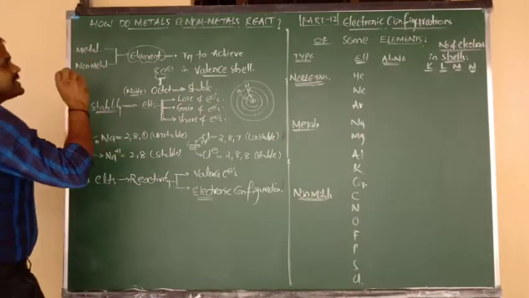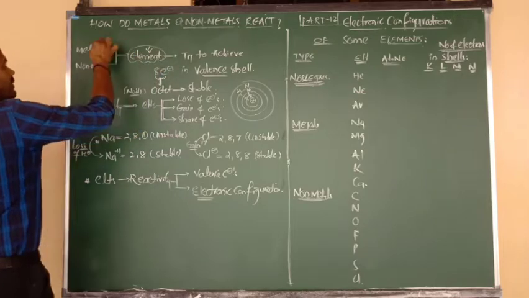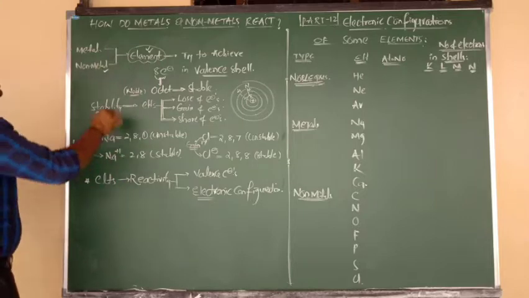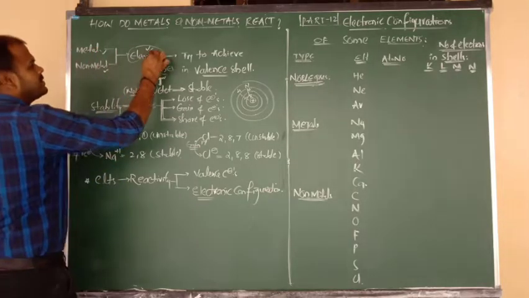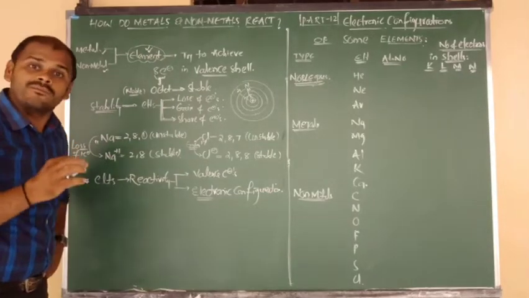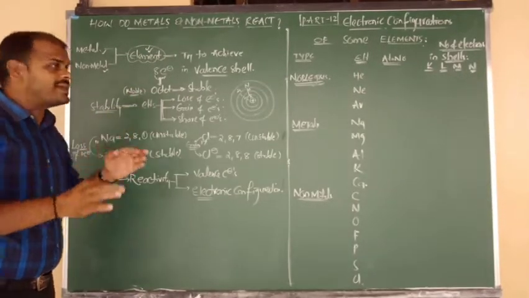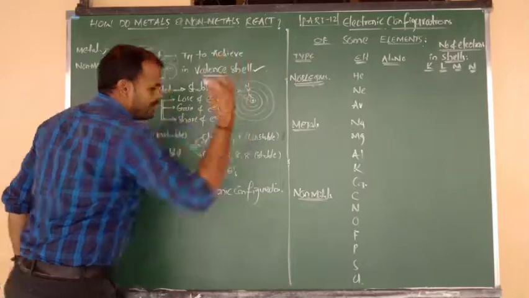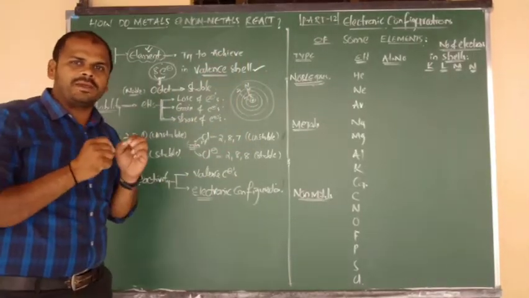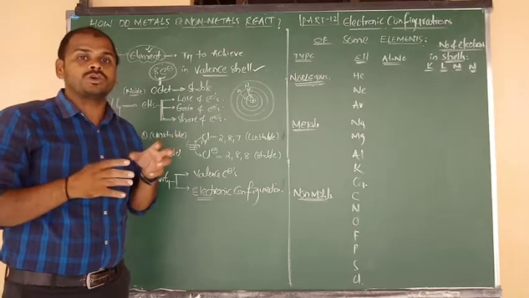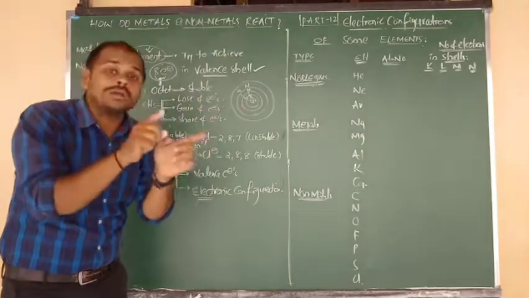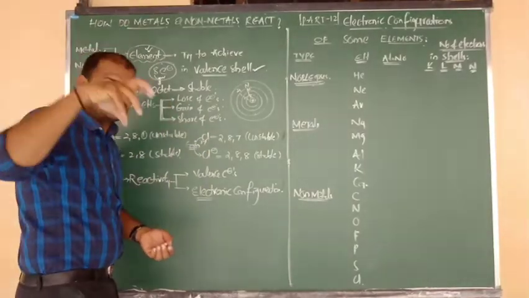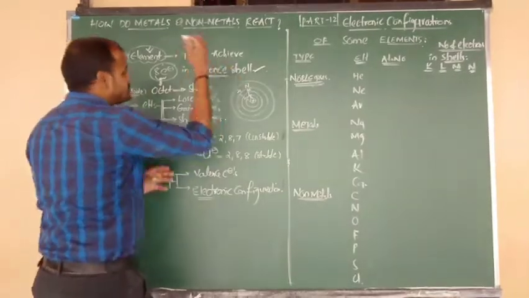Good. So listen carefully. The element may be a metal, or we can say the element may be a non-metal. So metals and non-metals, simply we can say they are nothing but the elements. Each and every element in this nature always tries to achieve 8 electrons in their outermost orbit. And try to remember, first time I am using this word outermost orbit with respect to any atom or element, that is nothing but the valence shell.